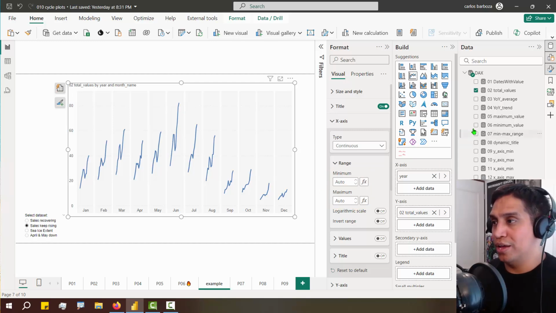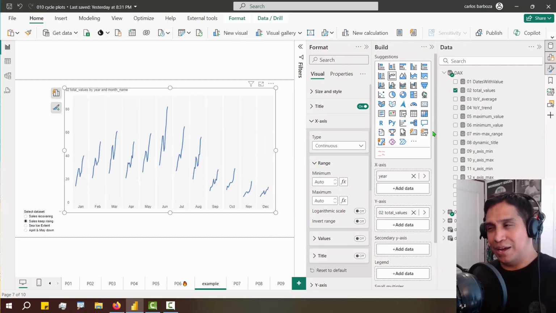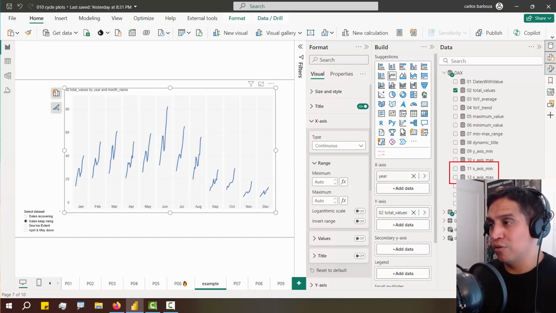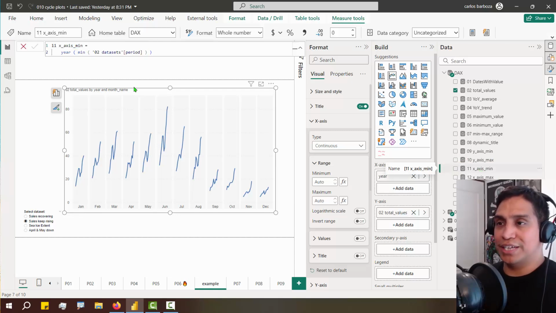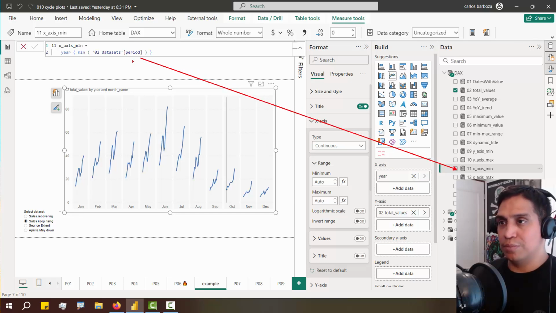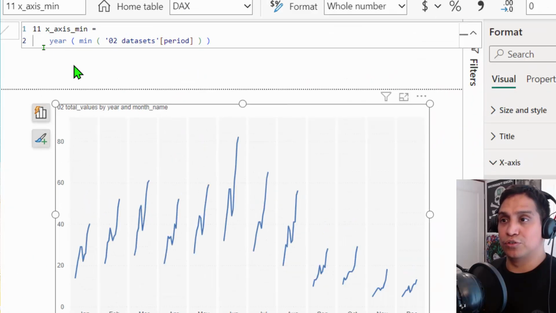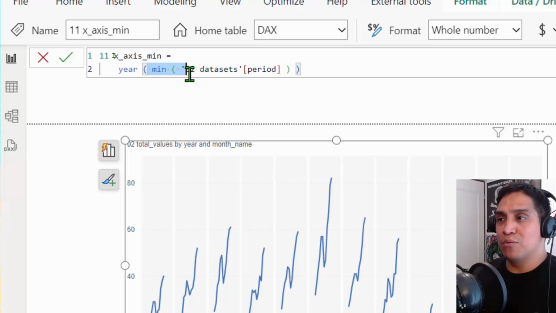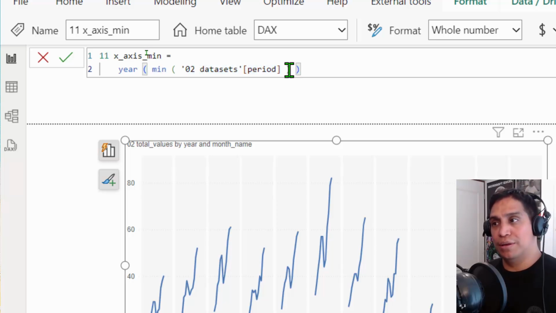Okay, so for that, those are these two measures right here, and I'm just getting a bit ahead of myself, so sorry for that, which is gonna be number 11 and 12. So what does 11 do? If we click here on the x-axis minimum, I'm basically just telling it, and I'm just gonna zoom here, give me what is the minimum period for the data